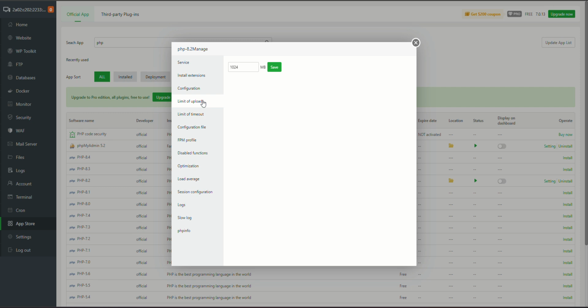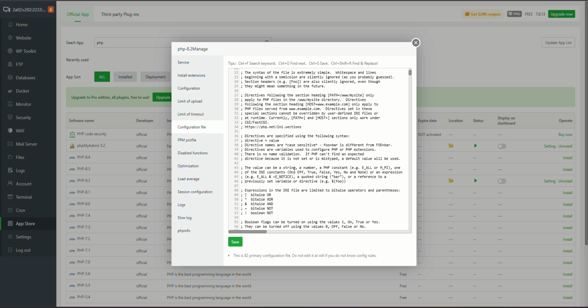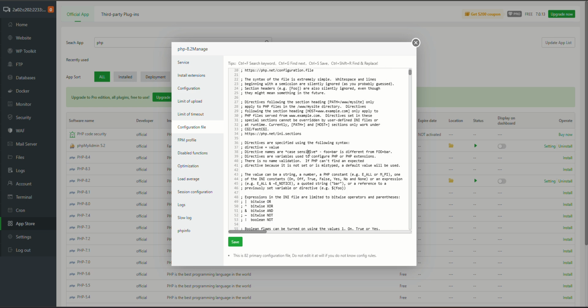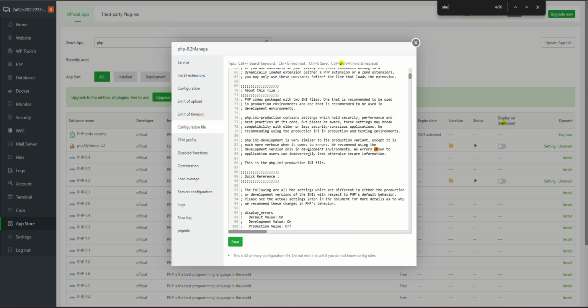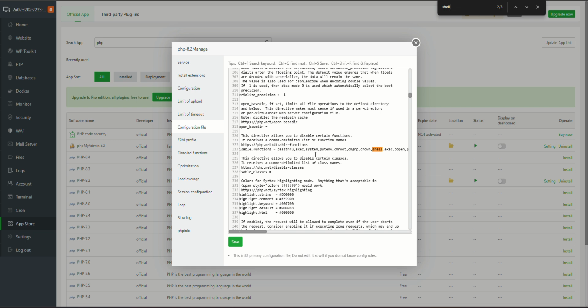So you can see the limit, the timeout, and the configuration file. You can also access the configuration file here. Let's enable some functions here because I will need them. Shell execution is a disabled function. This is where you can enable and disable